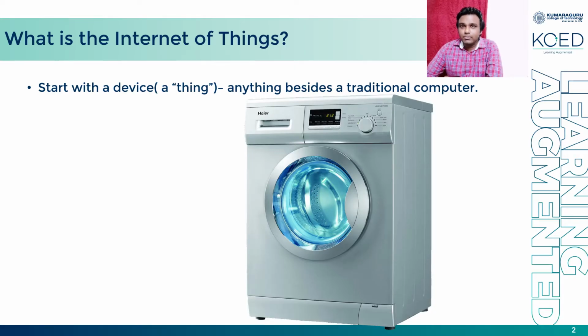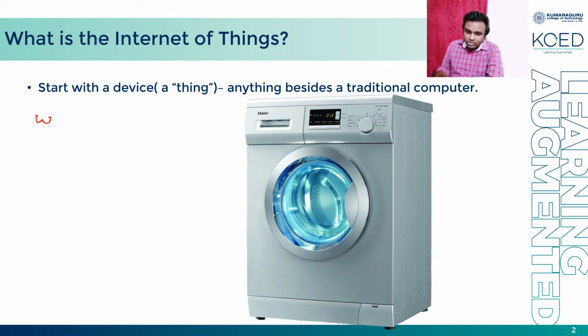So what are IoT based systems? Whatever devices are connected to the internet and push their own data to the cloud, so that they get data and control from the cloud to perform their own task, are called IoT based systems. We start with the devices, anything besides a traditional computer. For example,